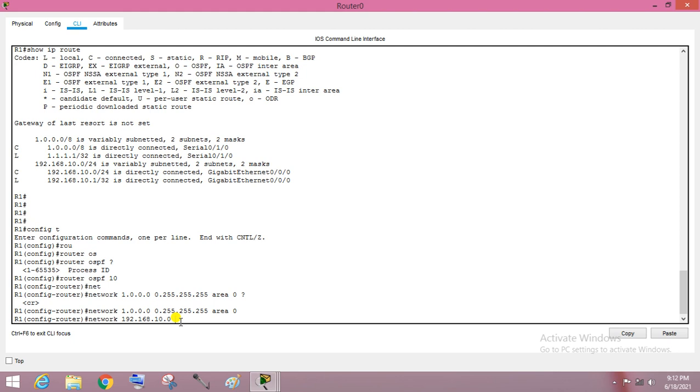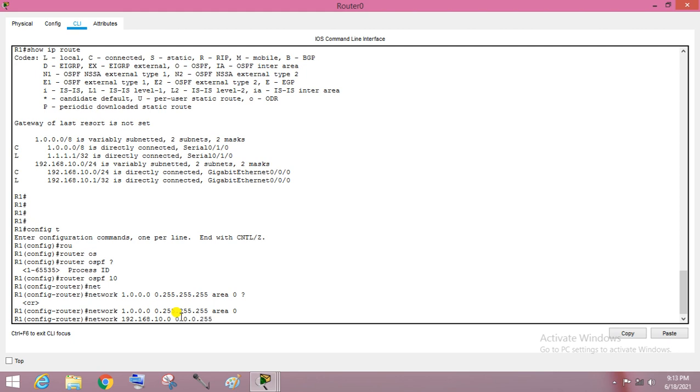You already know the subnet mask of this class C IP address is 255.255.255.0, right? So when you subtract from the global subnet mask, you get 0.0.0, and the last one will be 255.